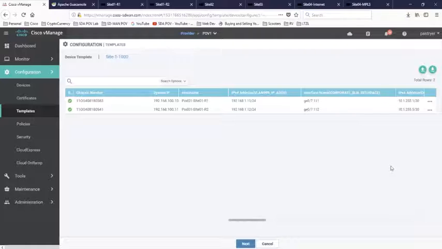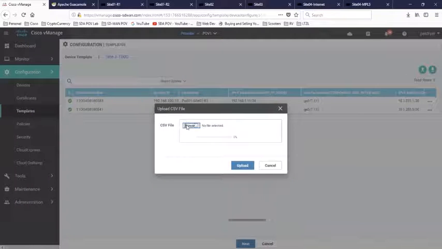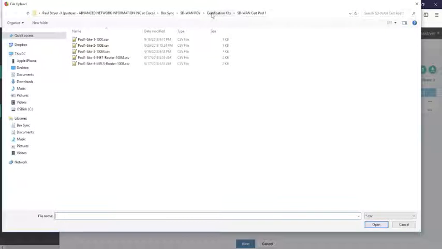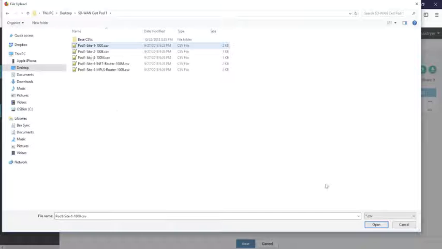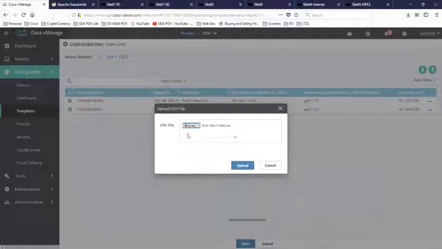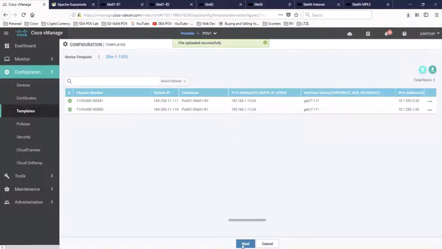Once we get to the configuration template page for Site 1, I will click on the up arrow in the upper right corner. In the pop-up window, I will click Browse, and I will search for the file that we just edited in the text editor or Excel and open that file. Once the file is populated into the pop-up window, I will click Upload, and then I will click Next on